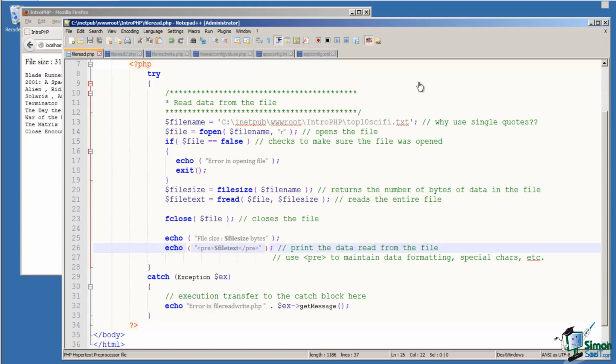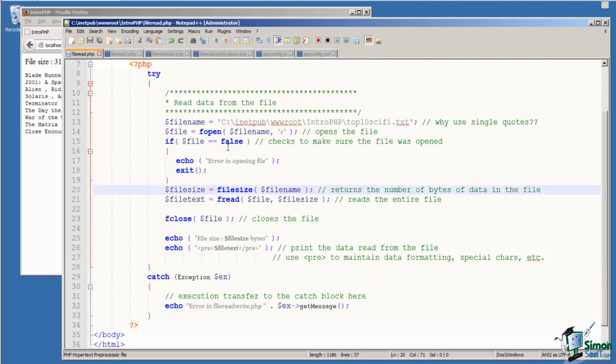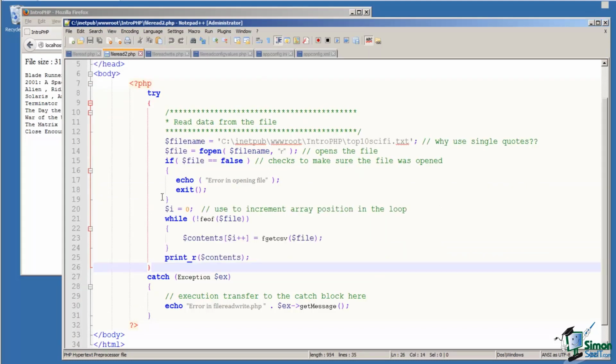So let's run this. I will reload the page, and we see we have a file with 310 bytes of data and the values as listed here. Now notice that the values are comma separated: title of the movie, comma, director. This is important for the next code snippet we're going to look at, which uses the